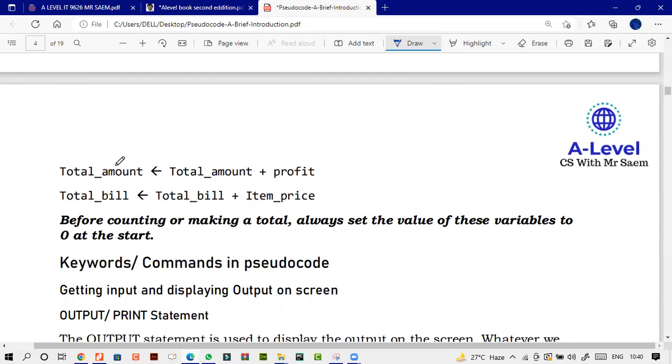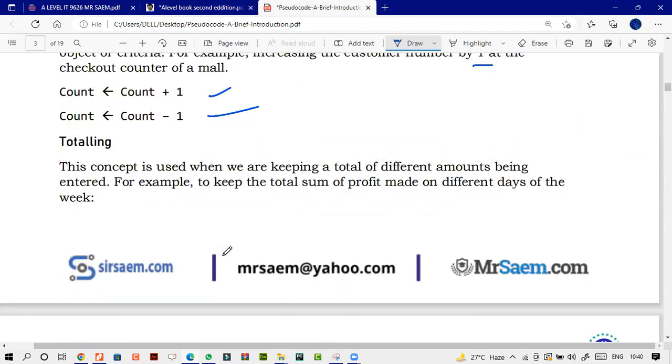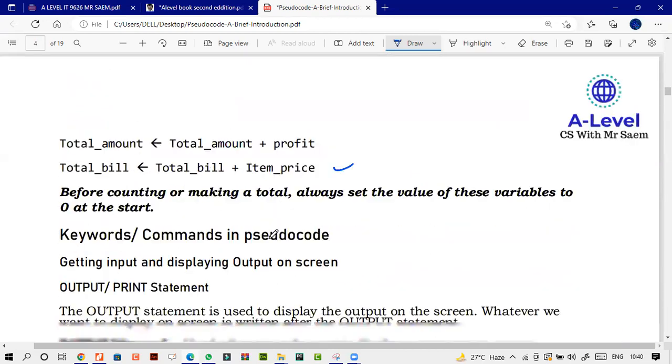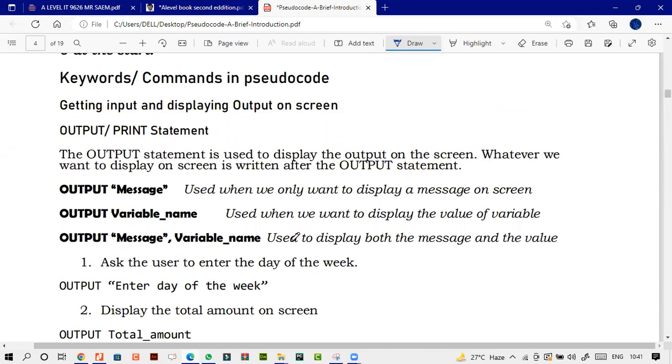How we total is, for example, total amount plus profit, or total bill plus this. That's how we calculate the total. Just remember that total starts from 0. Then again the same thing: output message, variable name,